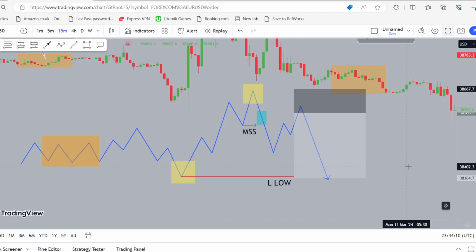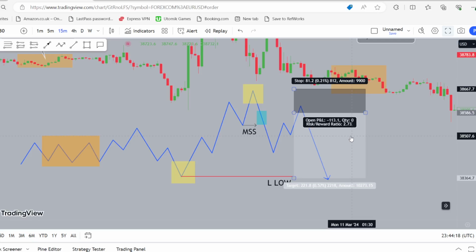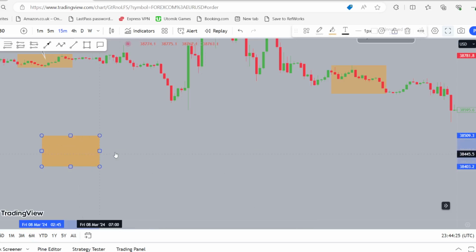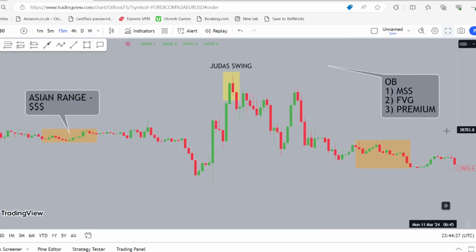So this is one of three entry models that I teach to my private students at Liquid FX. And this is something I'm teaching to you, but we're going to be using it on the M15 time frame just to avoid any complications. So this is quite simply how this entry model works. So if I take you to the charts now, we begin to dissect how price action actually moved on this